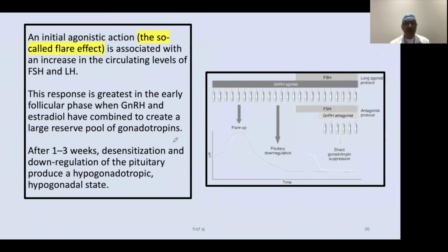When you give somebody an agonist, the first thing that happens, as we discussed, is that all the receptors will go in and give you a flare effect. The effect will be very high. It's associated with an increase in the circulation of FSH. This response is great in the early follicular phase when GnRH and estradiol have combined to create a large reserve pool of gonadotropin. After 1 to 3 weeks, desensitization and downregulation of the pituitary produce